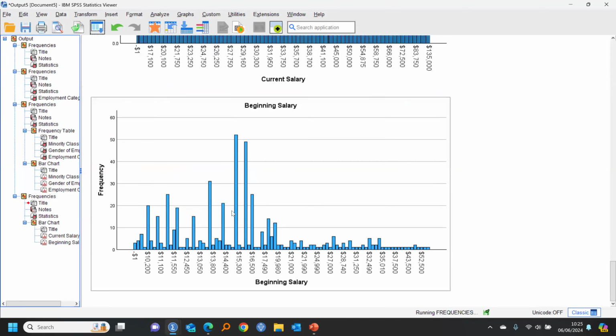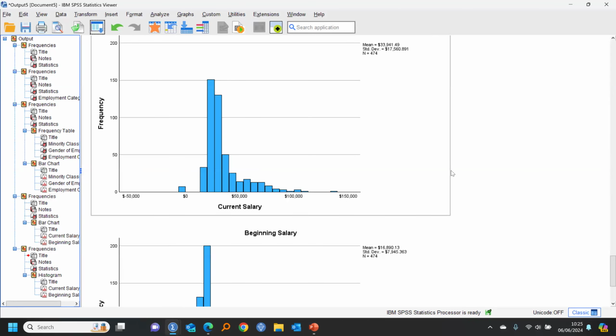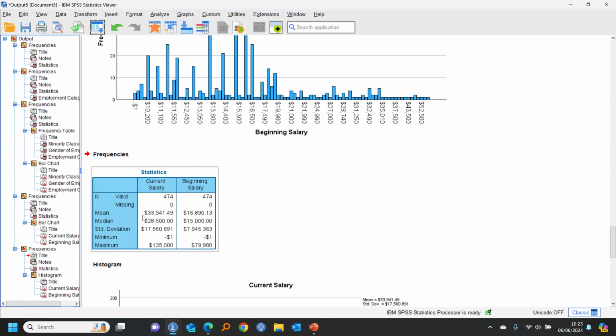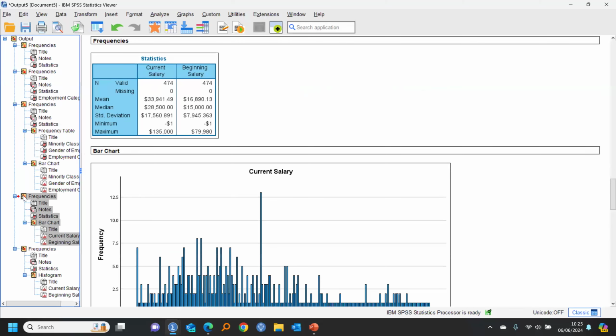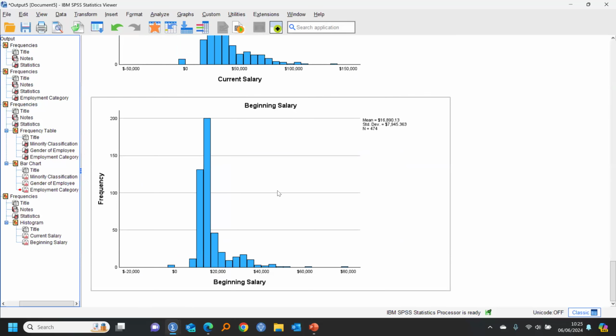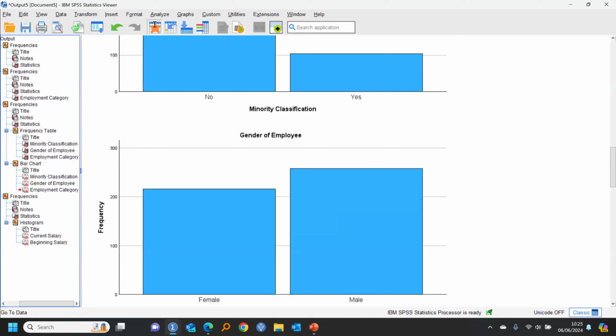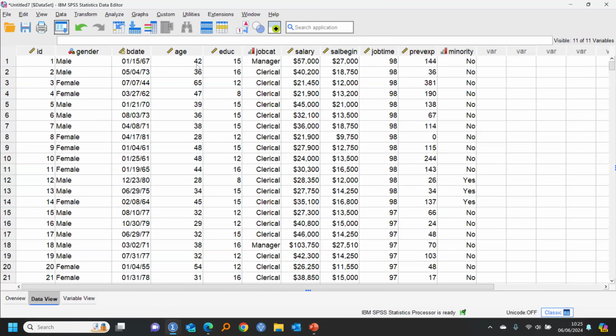That's the proper way for continuous data. The histogram shows me the shape of the distribution. And I can delete some of this clutter as I'm going along if I don't want to keep it. Something that's quite important is that if we want to look at the relationships between variables, a good place to